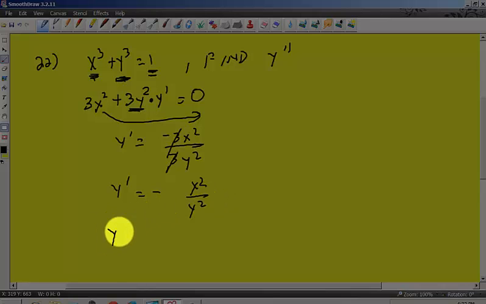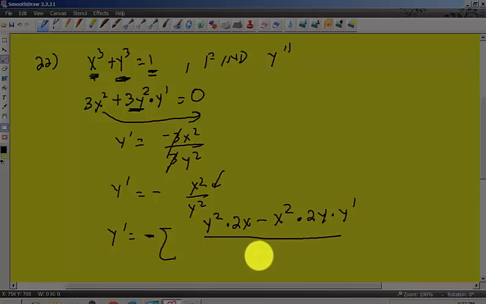When I take a second derivative, my negative's on the outside, but this is a quotient, so I have to use a quotient rule. So denominator, which is y squared, times derivative of the numerator, which is 2x, minus the numerator, which is x squared, times derivative of the denominator, which is 2y times y prime. All that's going to be over the bottom squared. And that's my final answer, right? Well, this is my second derivative, not first derivative, second derivative. Well, almost,